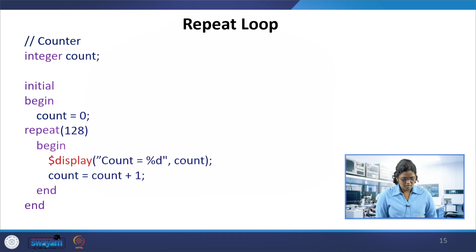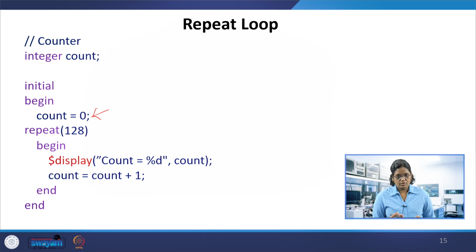So display this and increment it, display and increment it, so that it can go from 0 to 127. The first one starts from 1, 2, 3, 4, and these procedural statements get repeated 128 times. So it would display from 0 up to 127. Okay, so there is this repeat loop. Don't forget to initialize this counter variable.